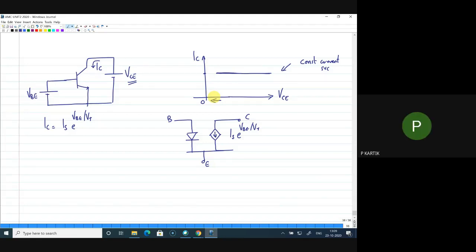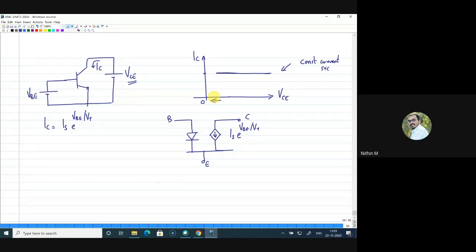It'll reduce. What will reduce? Current will reduce, the IC. Okay, why will the current reduce? Because you need a certain voltage to push the electrons, right? That is very much required. That is right. The other thing is, we know that this current is not depending on VCE. Yes, I think Pradyumna, yes, you told me. Who unmuted and spoke now? Karthik. Yeah, I think you are also coming to the same point.